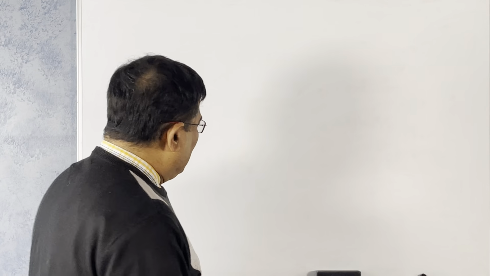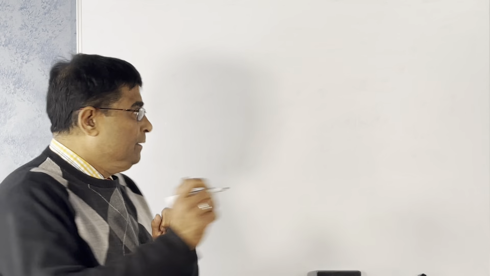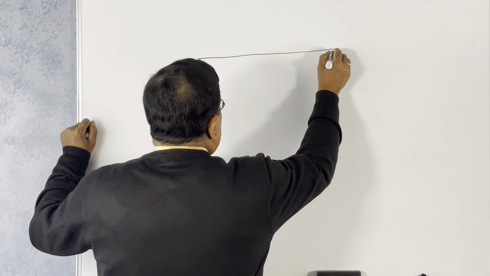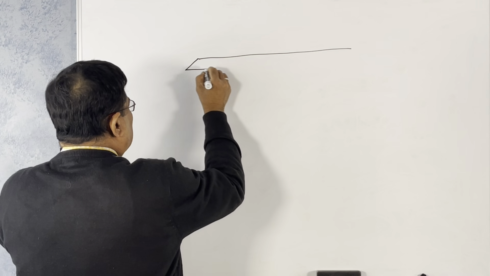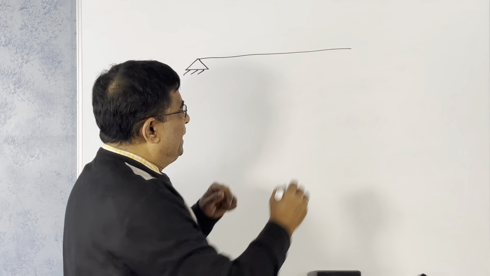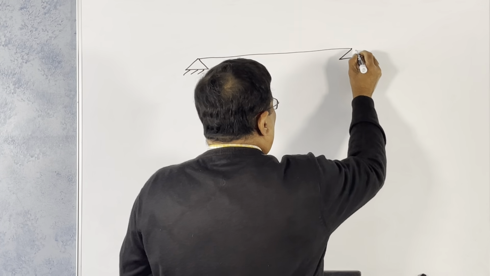Today I am going to discuss the bending moment and shear force diagram with a different kind of loading. So today I'll be discussing the bending moment and shear force diagram for a special kind of loading. Say you have a simply supported beam like this, which is pin supported on one end and roller supported on the other end,